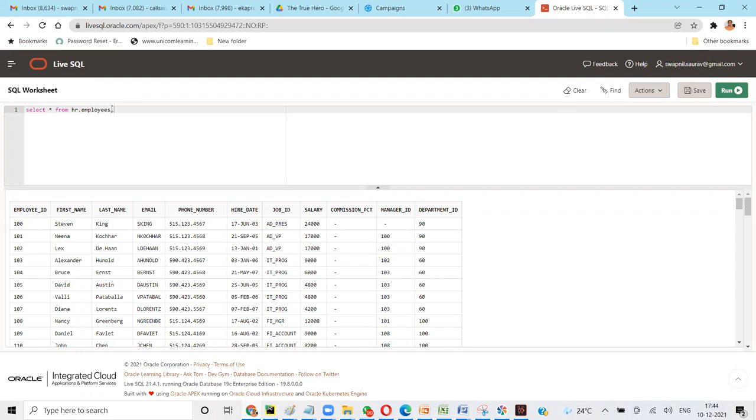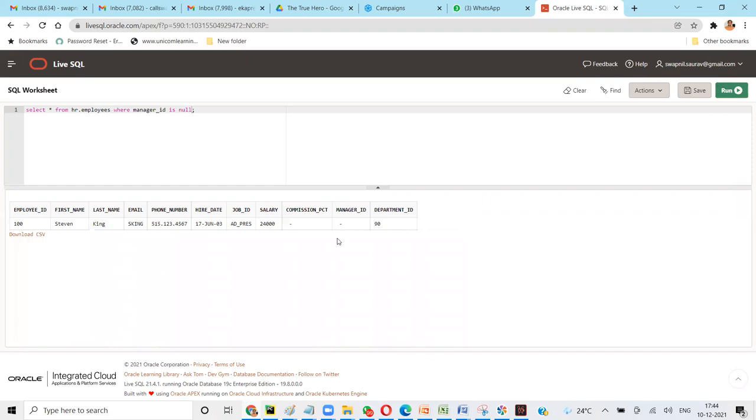Select star from HR employees where manager ID is null. Let me try this. So we get it, right? So this is null only.